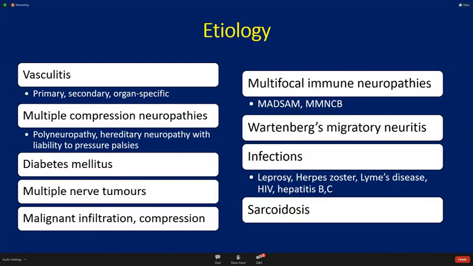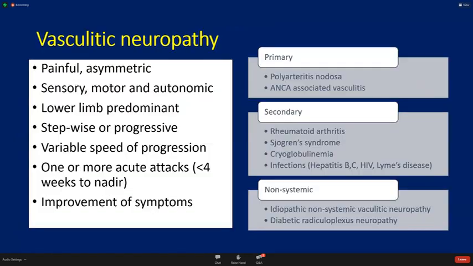So etiology, the first three etiology would be vasculitis, that's the most common one. You have to also rule out that it is not an entrapment neuropathy, like diabetes may have and other polyneuropathies may predispose to entrapment neuropathies, and that can look like a mononeuropathy multiplex. HNPP is another condition where you can have multiple compression neuropathies. Diabetes, both due to entrapment as well as due to vasculitis, can produce neuropathies. I will just tell you a few points about the